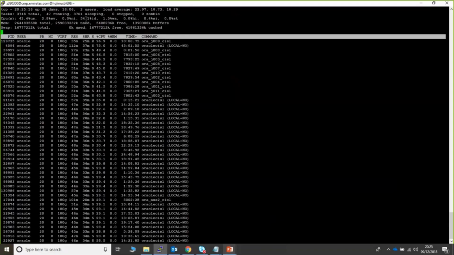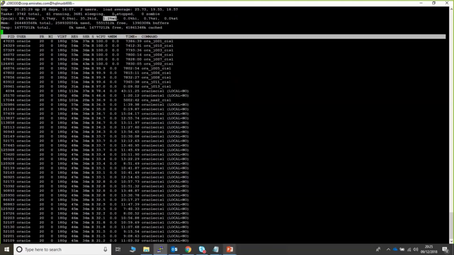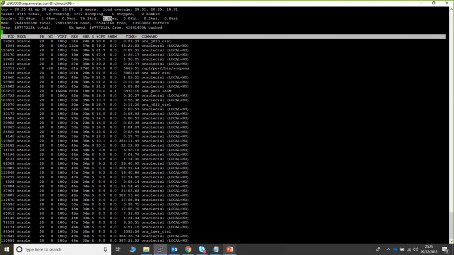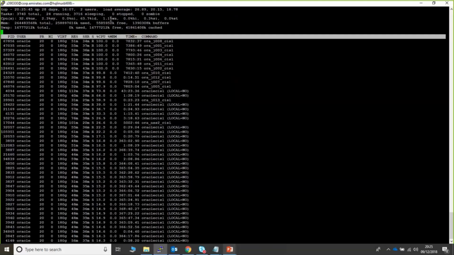See, this is the total idle wait. This should not be less than 20 or so in terms of performance when you want to check how the CPU is loaded. And this is the IO wait. This should not be more than 5 or 6 to check if there is any real bottleneck on the IO. Any value above 10 or 20 really means there is some problem in the IO wait. That could be the wait from the storage or the wait from the server, and we should be in a position to check it out.